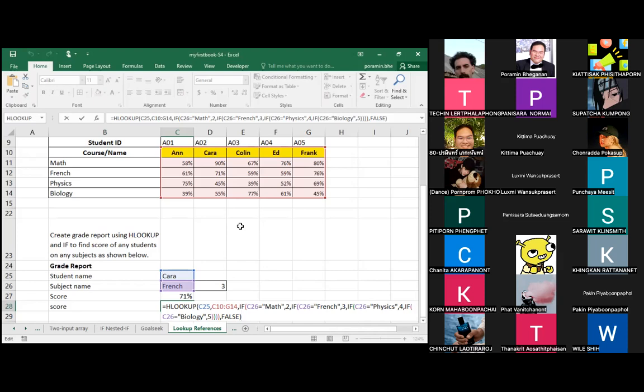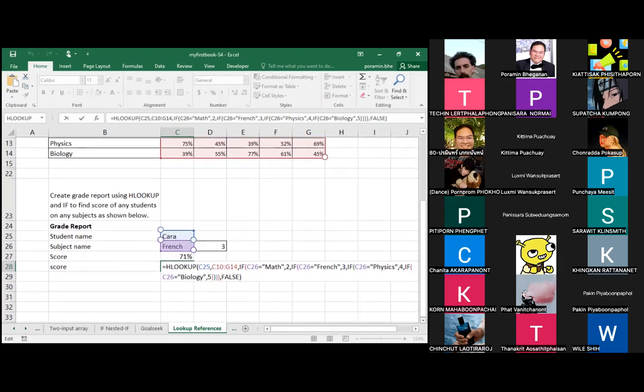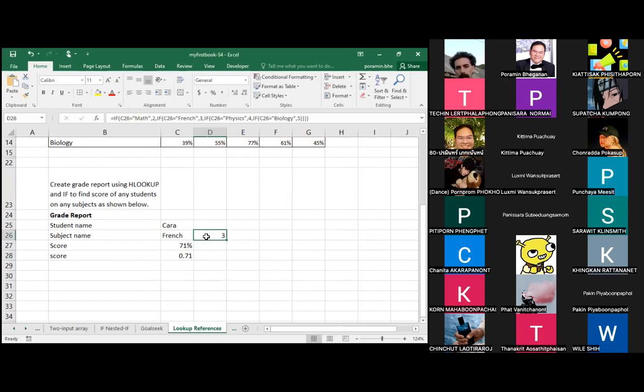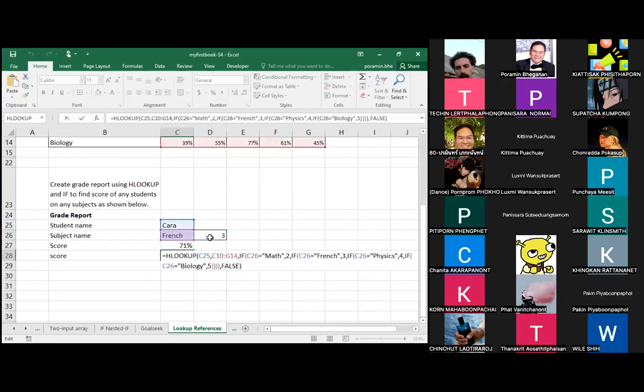My suggestion is that in the exam you don't need to formulate the function to have IF inside HLOOKUP. No need to do so, and normally I don't ask you in details like this. But if you want to use the IF function with HLOOKUP, you may just separate them in another extra cell like this, no problem. The score will not be deducted, because I know that if you combine IF and HLOOKUP inside the same cell, it